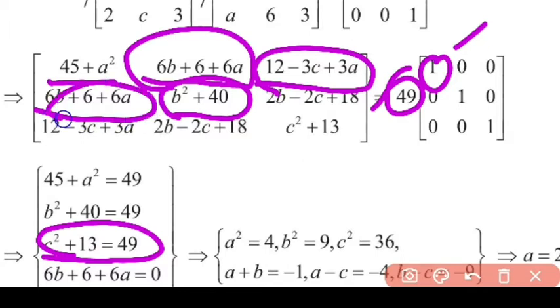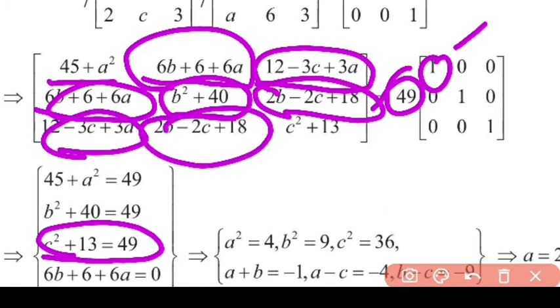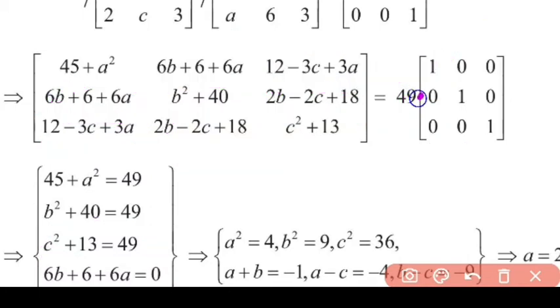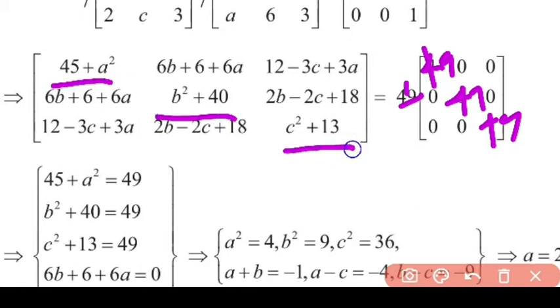So this we already took. Here we take the off-diagonal elements equal to 0. If you multiply 0 by 49, it is 0 only. So 49 gets multiplied into the bracket, and we get 49 on the diagonal. So equating these values, the diagonal ones equal 49 and the other things equal 0.